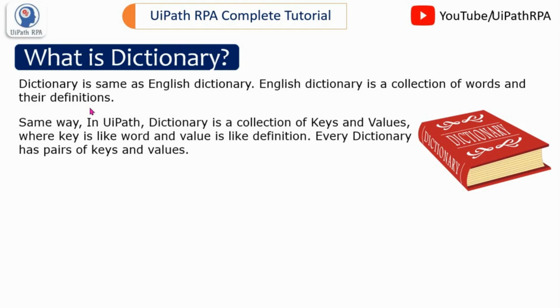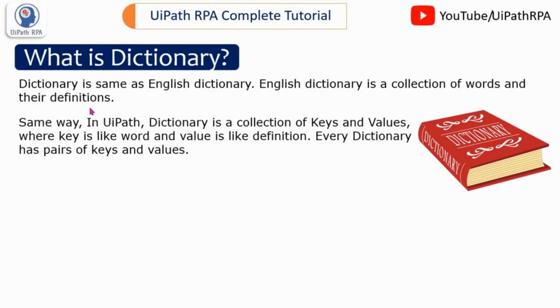Let's suppose in the English dictionary our key is apple and the definition is that it is a fruit. The same way we have keys and values in a dictionary in UiPath.